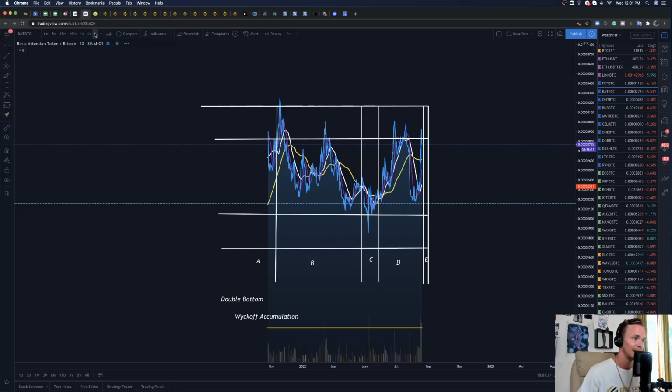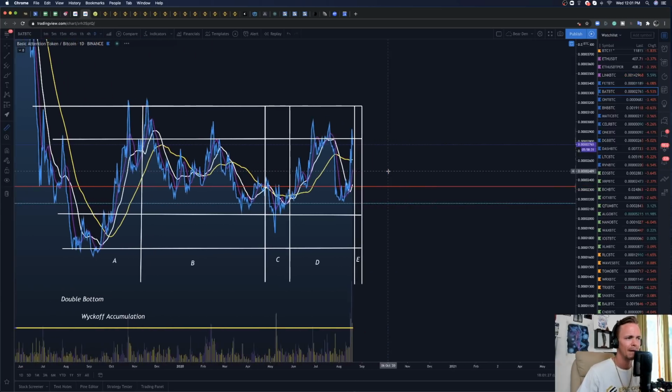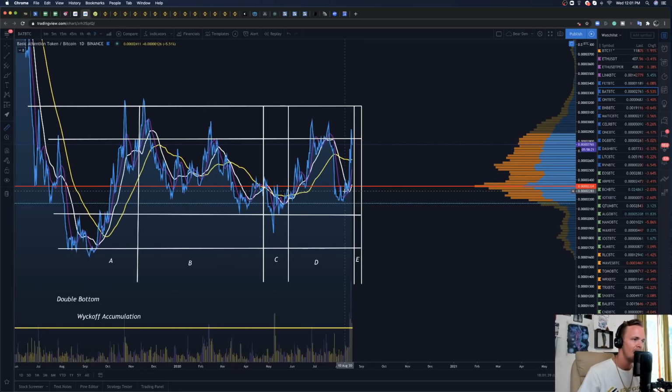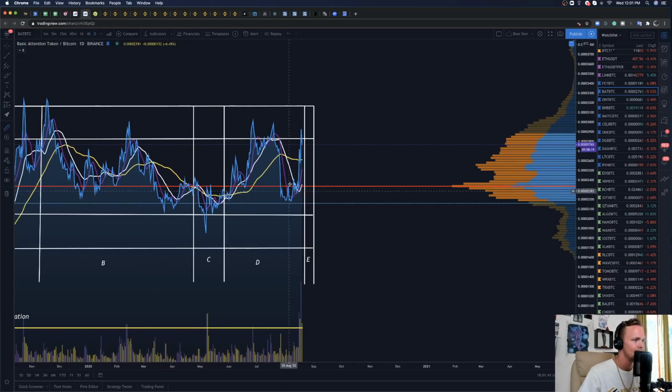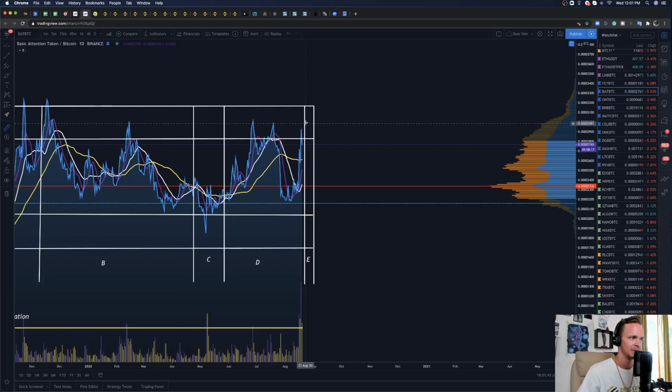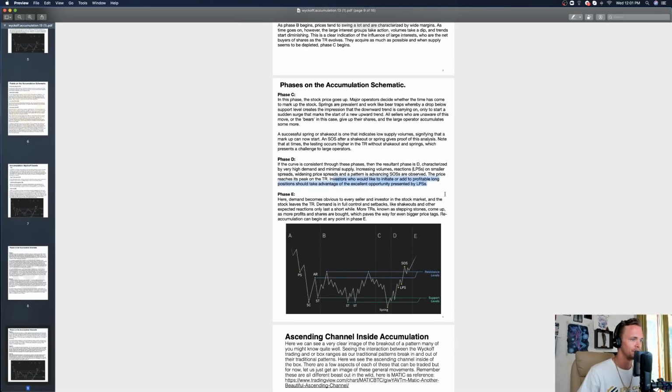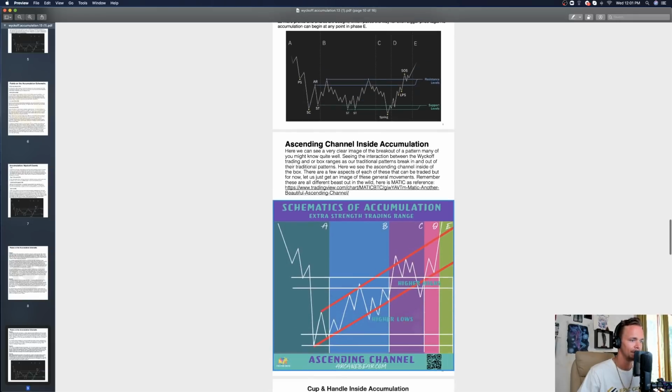I want to play like Composite Man, which means I have months. I have a month or two to take my position if I'm going to get 100% gains. Are you kidding me? I'm not going to rush in, FOMO in, and just click buy wherever I happen to be in the price. I'm going to be very confident that I'm labeling, here's the LPS, here's your secondary test in the LPS and your final backup range, because that's how you trade effectively. You basically want to copy Composite Man, this brilliant person who has infinite time and infinite money.